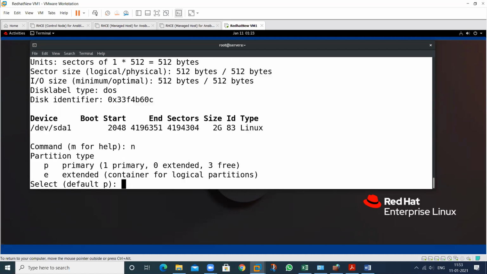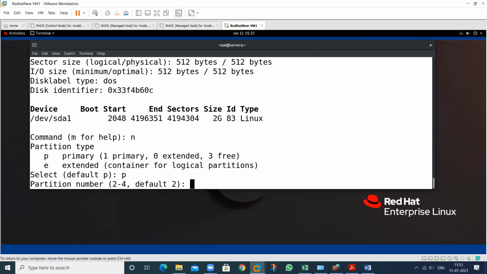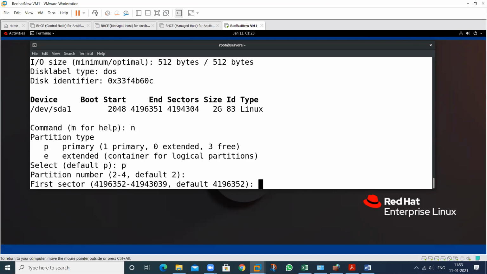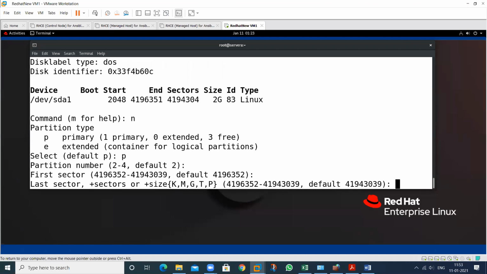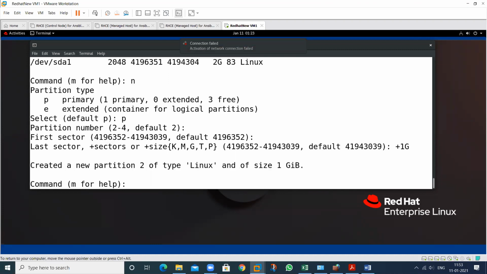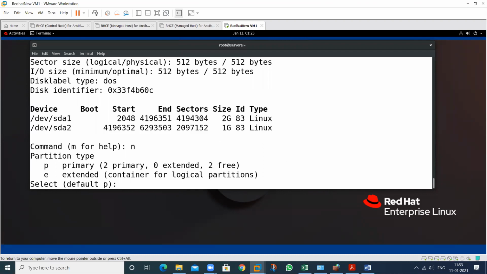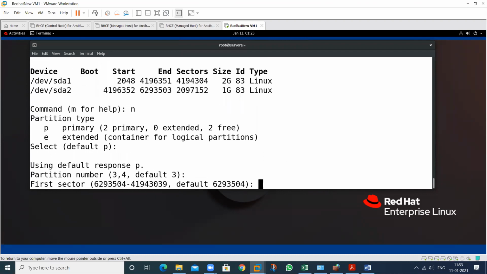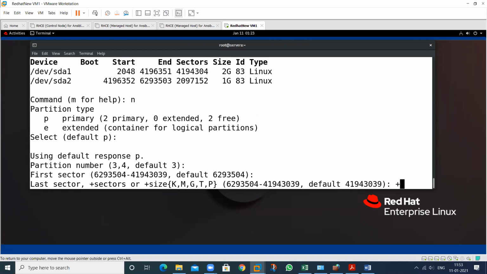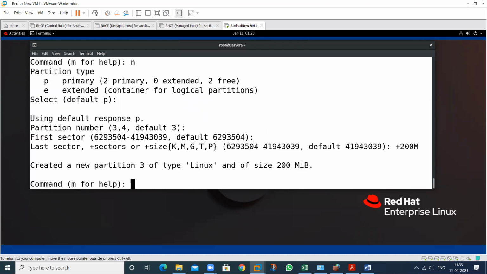And I want to create another partition, just type again P for primary. Enter, just again enter, and give the size, that is 1G. So 2 partitions will be created. Then again create the third one. Just enter, and give size 200 MB. This will be created.